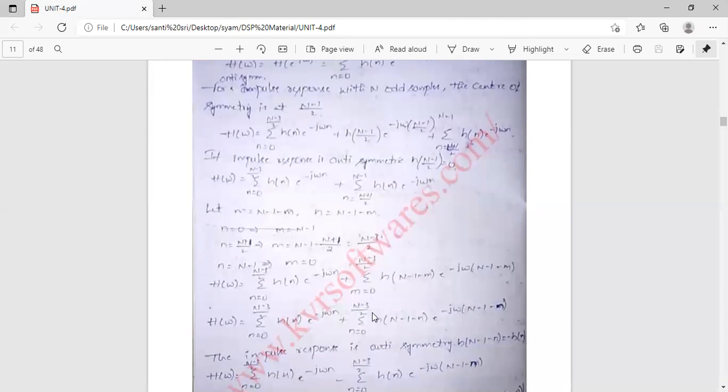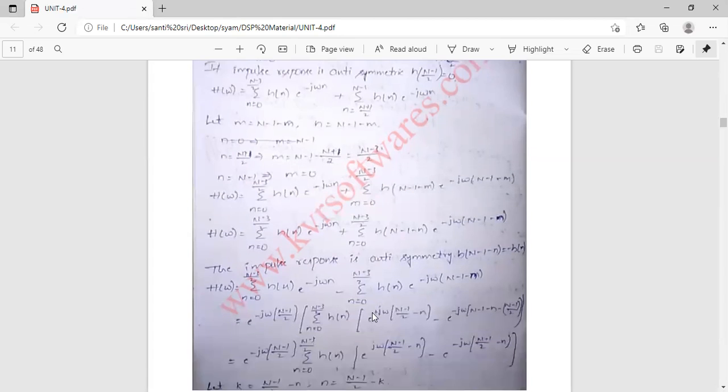So if m is replaced by (N-1)/2, then m will become N minus 1 minus n, that is N minus 1 minus (N+1)/2. So it will become (N-3)/2. If m is N minus 1, then n will become 0. Therefore, H of omega will become sigma n equal 0 to (N-3)/2